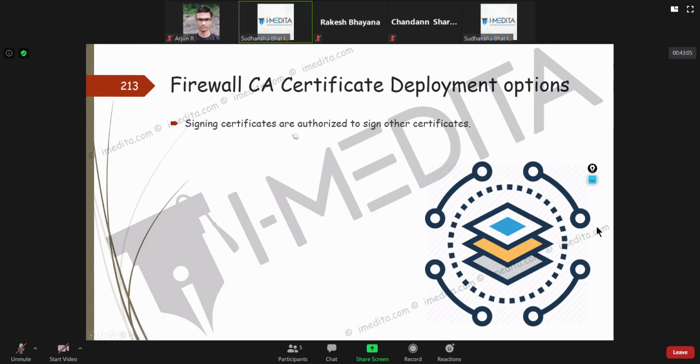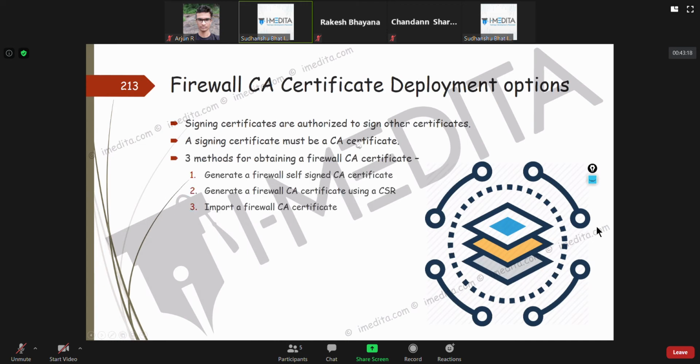Signing certificates are authorized to sign other certificates. There is a special certificate called a signing certificate, which can sign other certificates, and the signing certificate must be a CA certificate. Now, like I told you, there are three methods to obtain a firewall certificate.